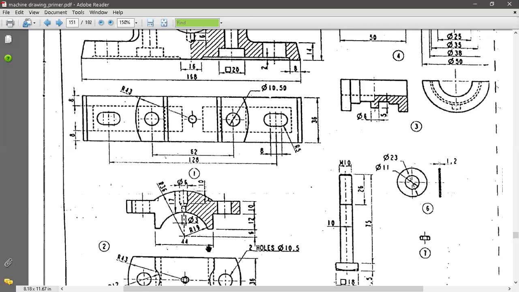Once the bearing bottom half and top half are joined, then comes the cap.